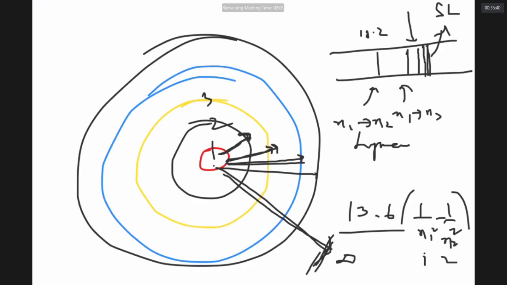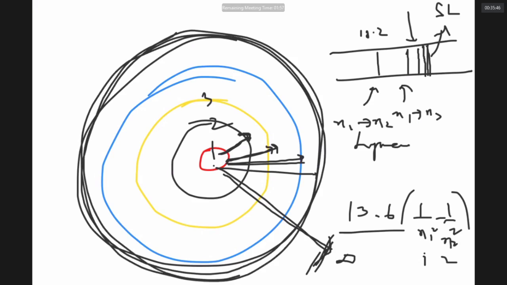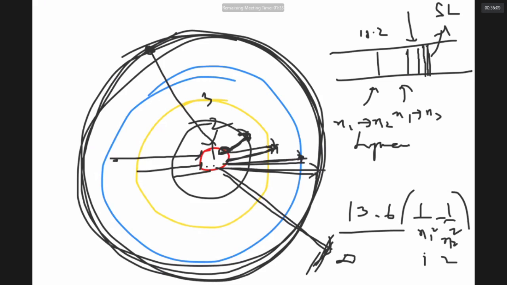The lines are caused by radiations and the radiations correspond to electron transitions. Radiation is emitted when an electron falls from a higher level to a lower level. The spectrum caused by an electron falling from a higher level to a lower level is called an emission spectrum. The spectrum caused by an electron jumping from a lower level to a higher level is called an absorption spectrum. Whatever the spectrum, you have similar lines for a given element. Absorption spectral lines are dark, emission spectral lines are bright. That's the difference.